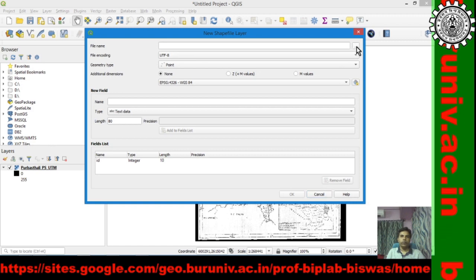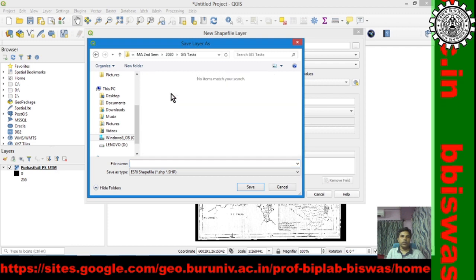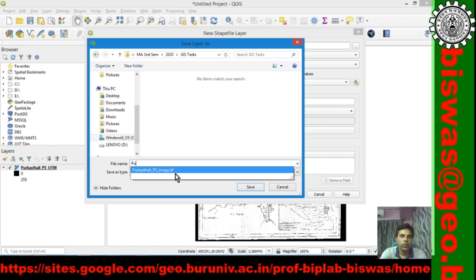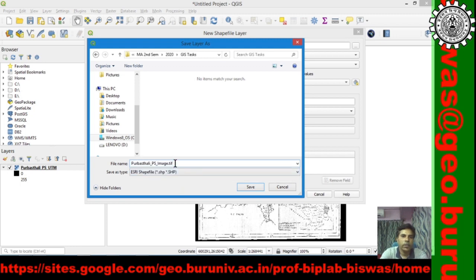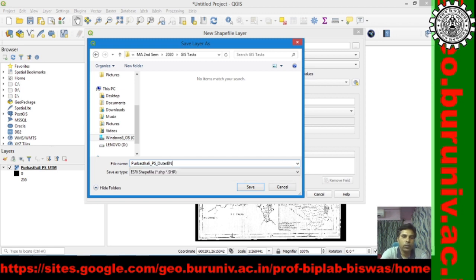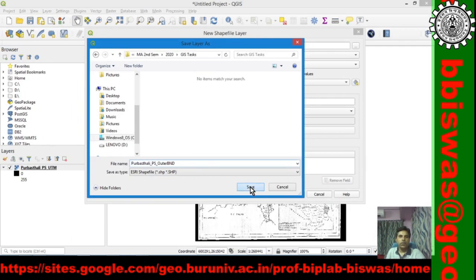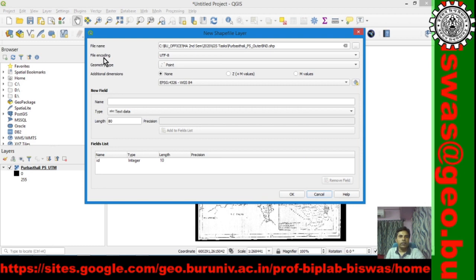So file name we can select Purvasthali, maybe in GIS task we keep Purvasthali PS outer boundary, and you see the shapefile type is shapefile, save, and file encoding UTF-8. OK.